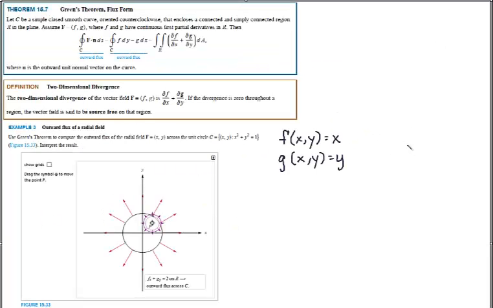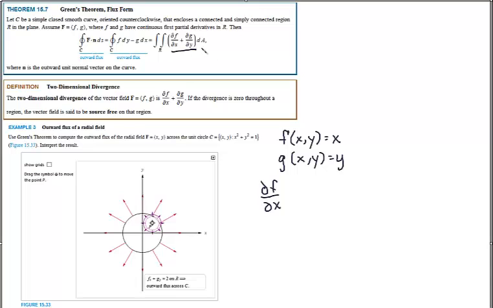Alright, now we have already calculated the outward flux of this radial field and found it in section 15.2. We found that this equaled 2 pi. So now we're going to note that we have our f function as x and our g function as y. Therefore, when I go to find the partials here,